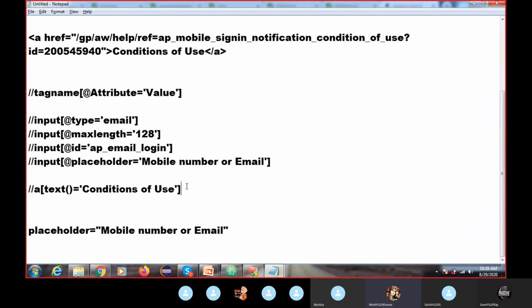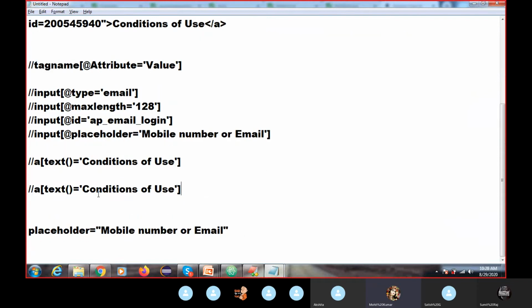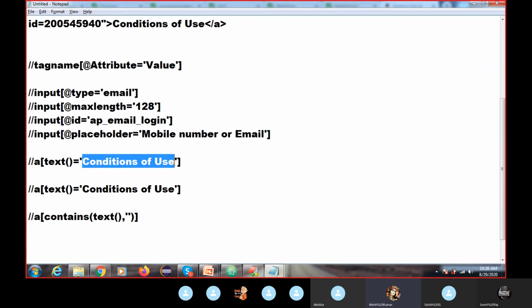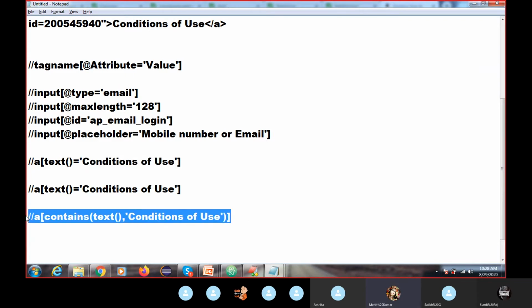We can use this text function using contains. The syntax is different for contains. So I will use contains like that. But in which condition will you use the text function or the contains function?